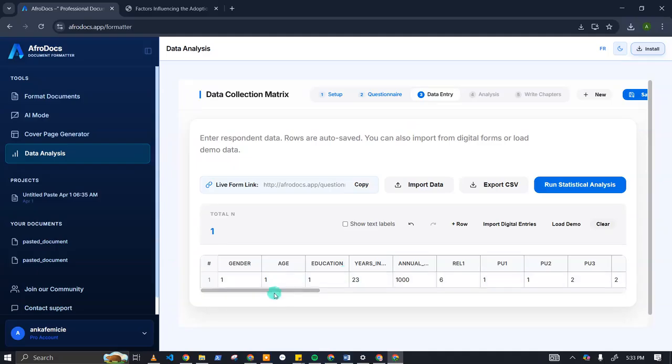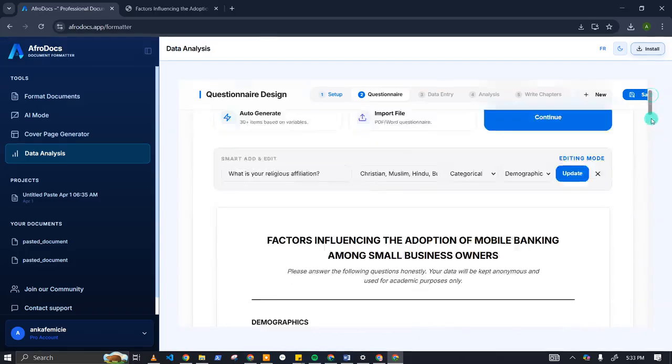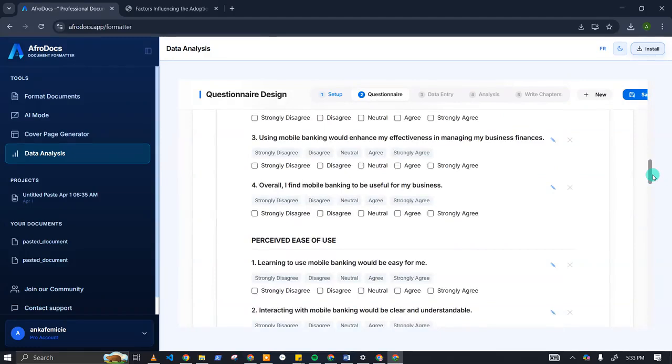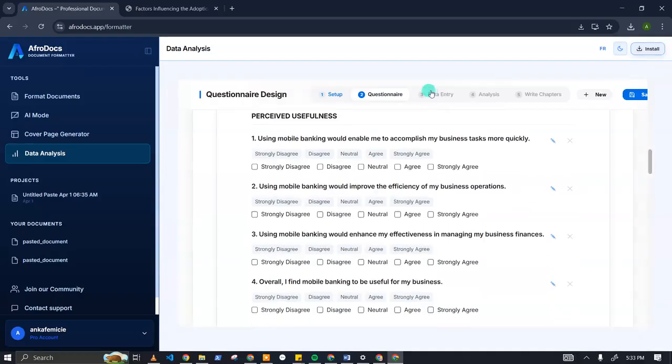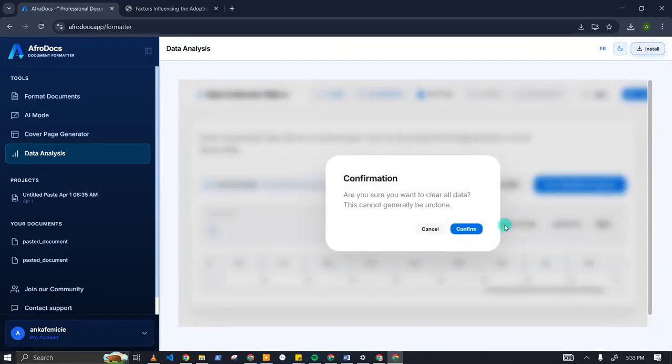So you can see the perceived usefulness has been abbreviated PU, and the other one here, PEOU1, is the next variable, which is perceived ease of use. PE is perceived ease, OU is of use. So it's just abbreviations, right? Just to make your topics not too long, but it does not matter. So now I'm just going to clear this